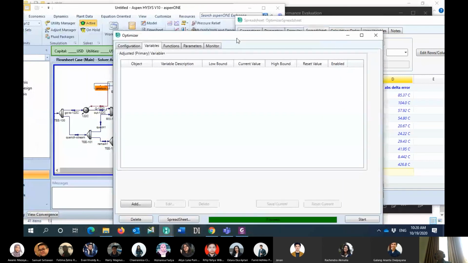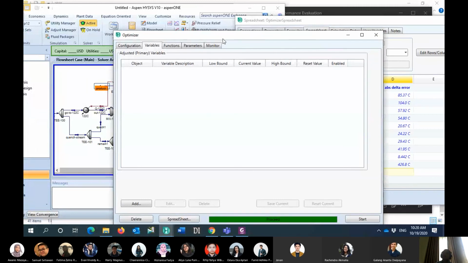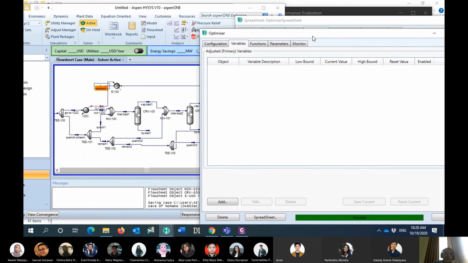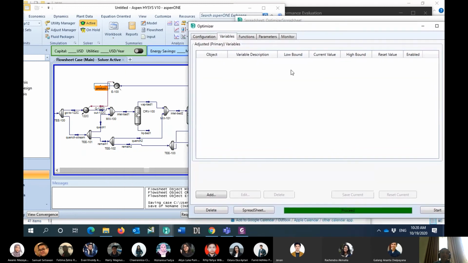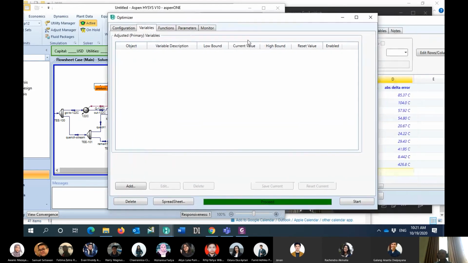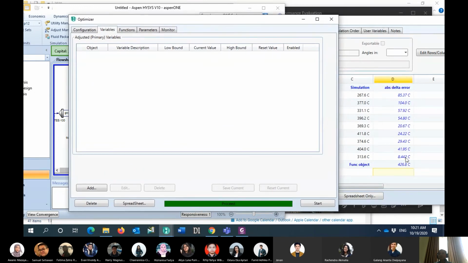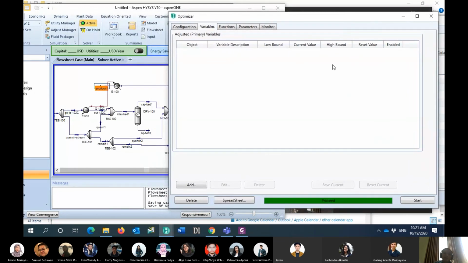This one is the way that I change all the values that I previously defined as initial values. What I will do here is define all the parameters that can create a problem. For example, my temperature here is very high, so I have to do that.